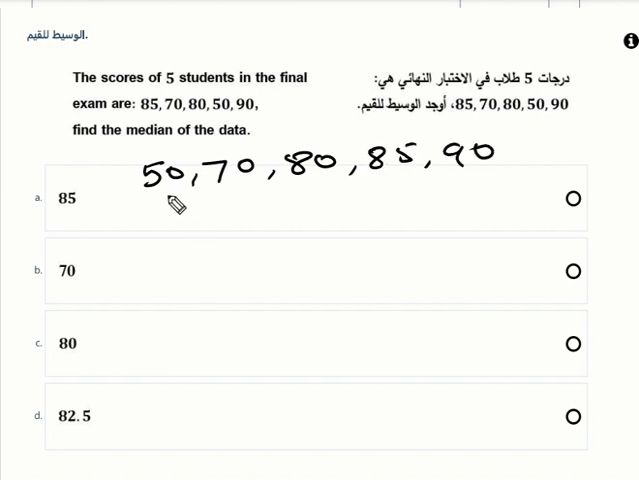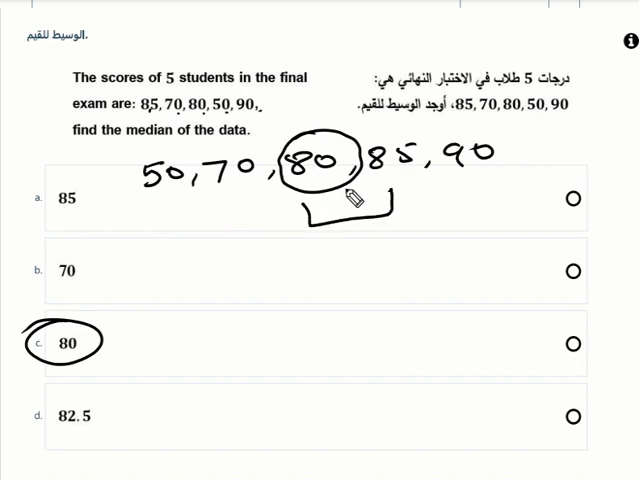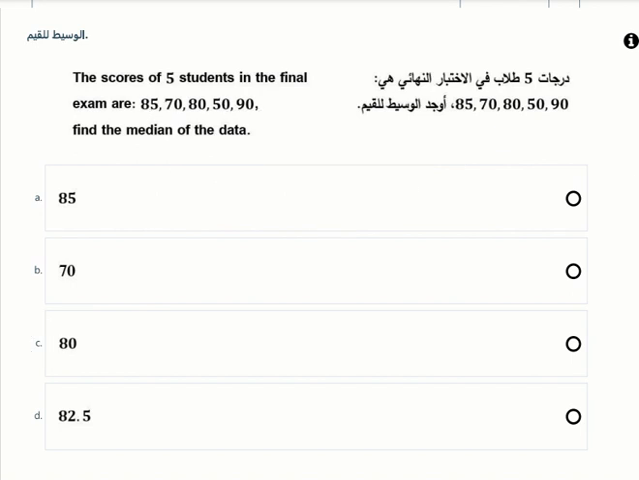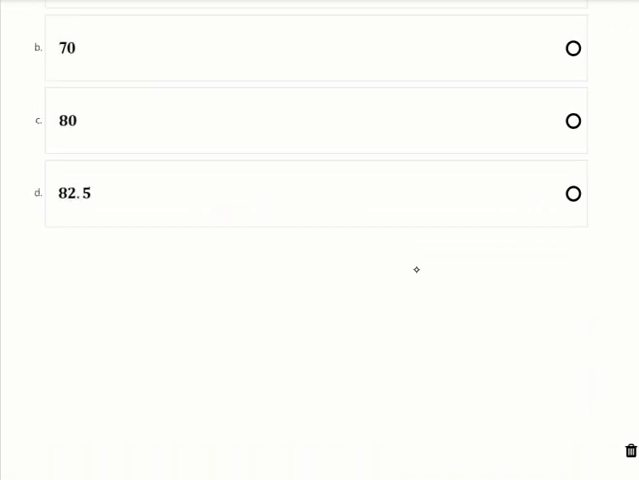Hope I have done all the numbers. 1, 2, 3, 4, 5. Yes. Now what is the middle number? Middle number is 80. So 80 will be the median. Okay. And if you have two numbers in the middle, for example, in another case, then you will add the numbers and then you will divide it by 2. Okay. Now another question can be,